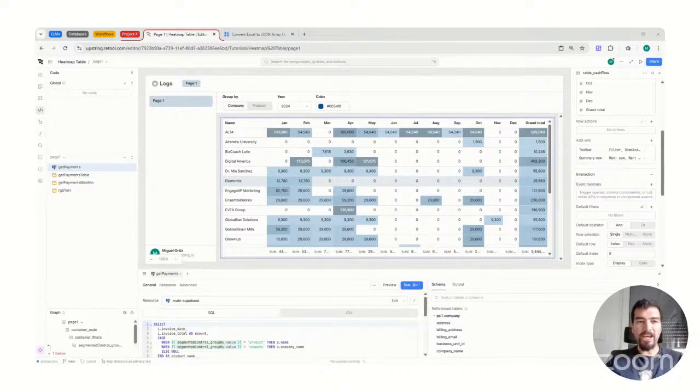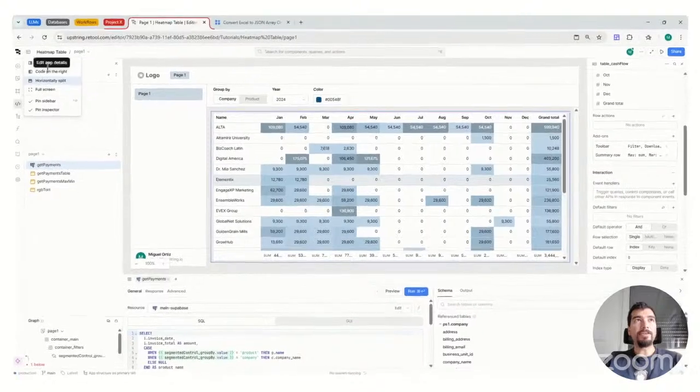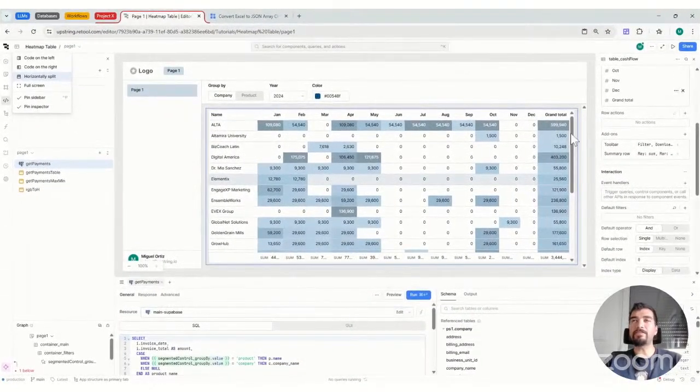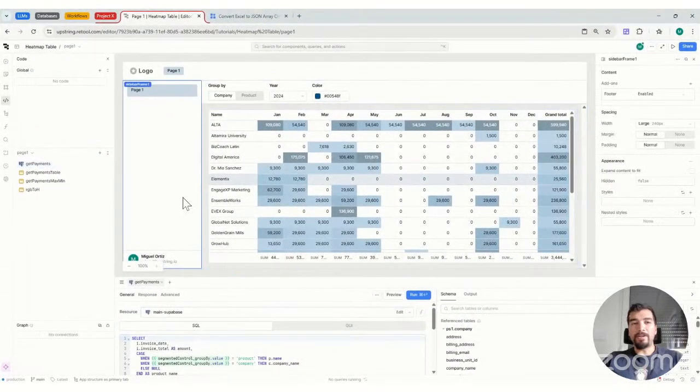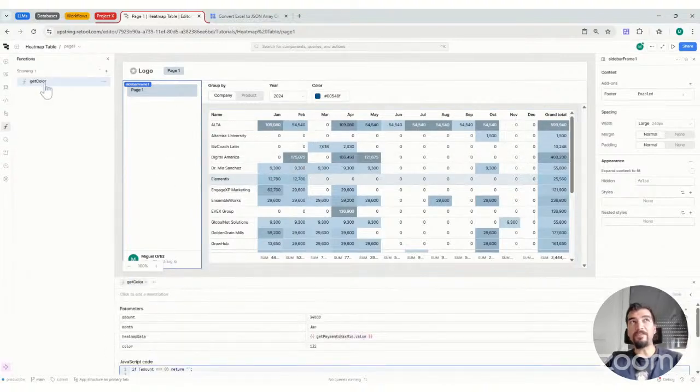Now, when it comes to building apps, as I mentioned, I prefer the horizontal split. Here it is on the right. What are my favorite things that I use right now? I have to say the global functions, which still, as of today, are in private beta. I just love it.